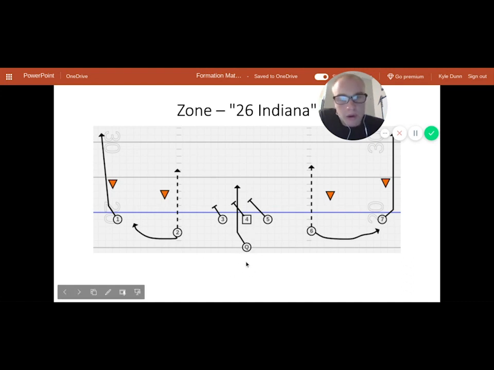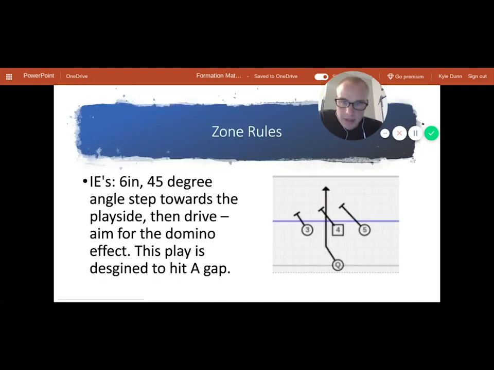You could run it just by itself with no backs and just take your quarterback up the A gap, but it's a little more fun to dress it up and see if you can option a player, especially if they're tearing up trap or whatever it may be. It's just an option. Like I mentioned, ineligible receivers will take a 6-inch, 45-degree angle step towards the play side,